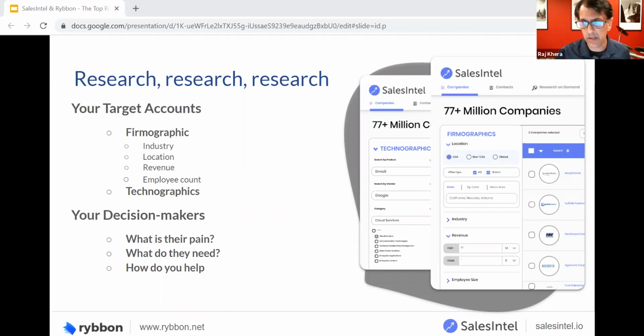It's a long-term play. It's not just batch and blast and then you're done. You really need to nurture those with specific content or experiences that are related to each individual. So you can find out who to reach by starting with this type of research. And trust me, your sales team will love you for it. This is where you really need to work together. Make sure you're going through this information side by side.